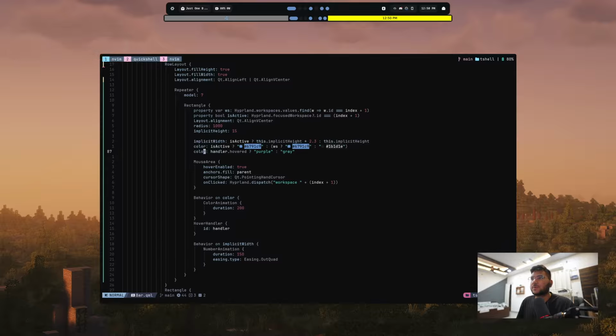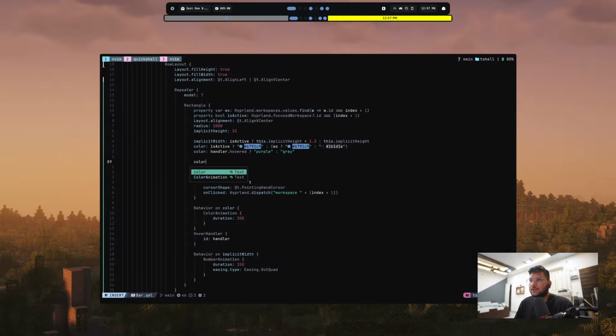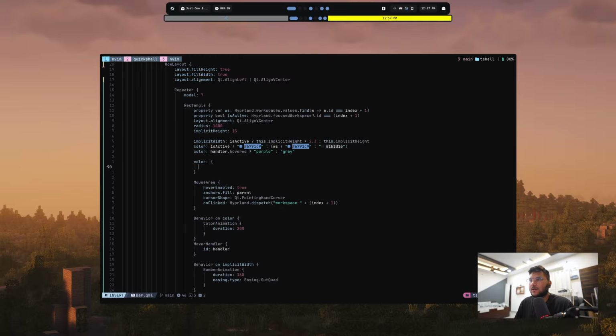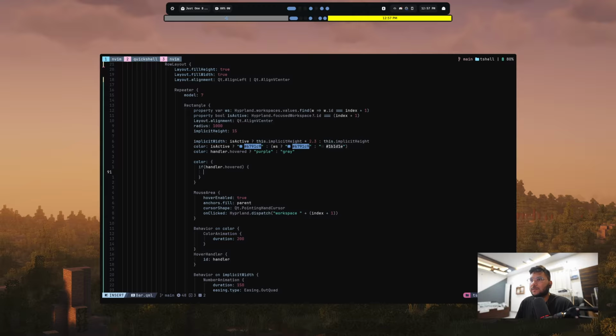This should be a proper function instead, but let's just comment it out for a while and see. Yeah, it works. The animation is working. Let's open up a whole function like this, and first we need to check. Let's check for handler.hover, and if it is hover, let's return